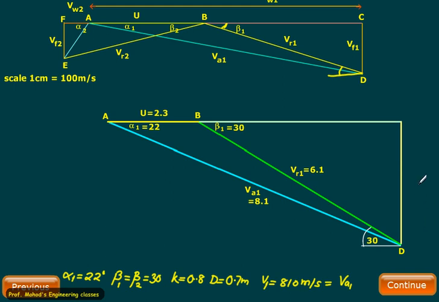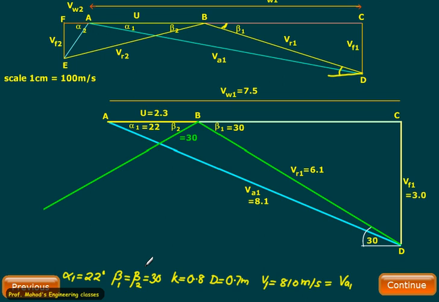Now you can complete the remaining triangle in a standard fashion, and you can record the values of VF1 and VW1. So we got VW1 equal to 7.5, VF1 equal to 3, and VR1 equal to 6.1. Beta 1 is 30. Beta 1 is the same as beta 2, equal to 30, so we have another B line,